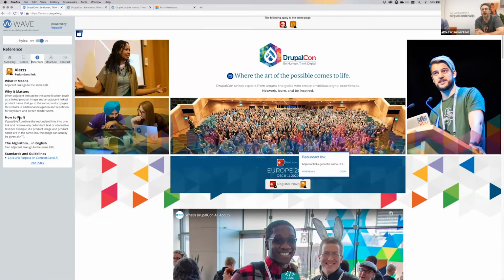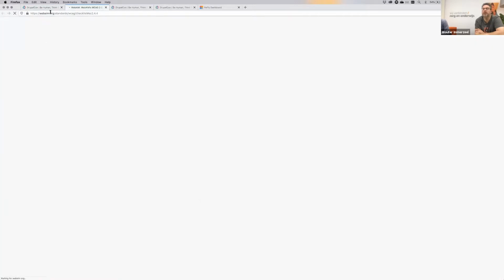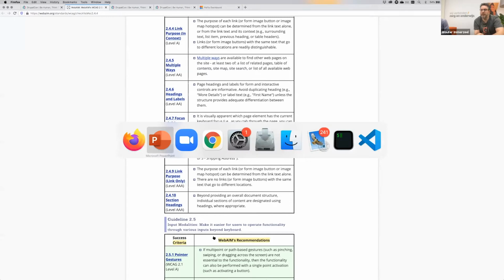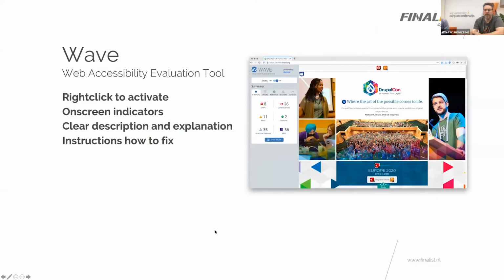And you see here a reference to what the error means. And you can even click further and see a more extensive explanation of the error you're viewing. So that's Wave. Next up,